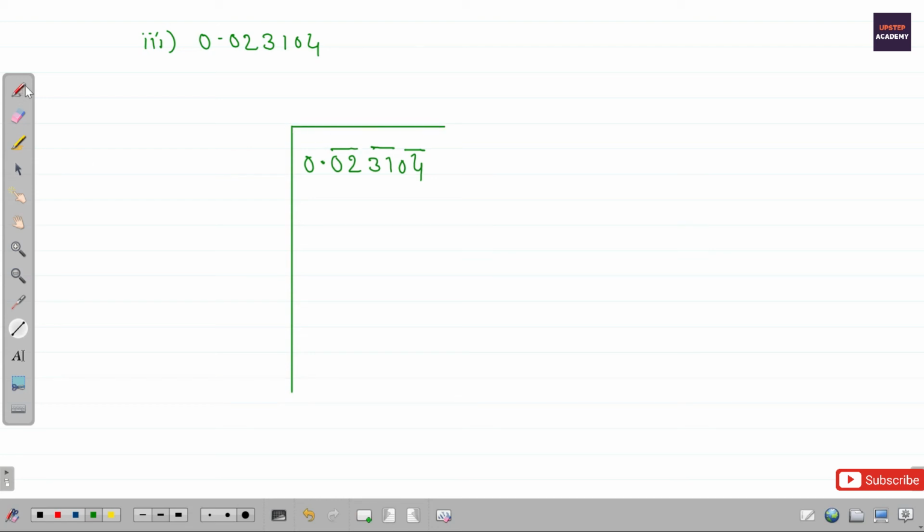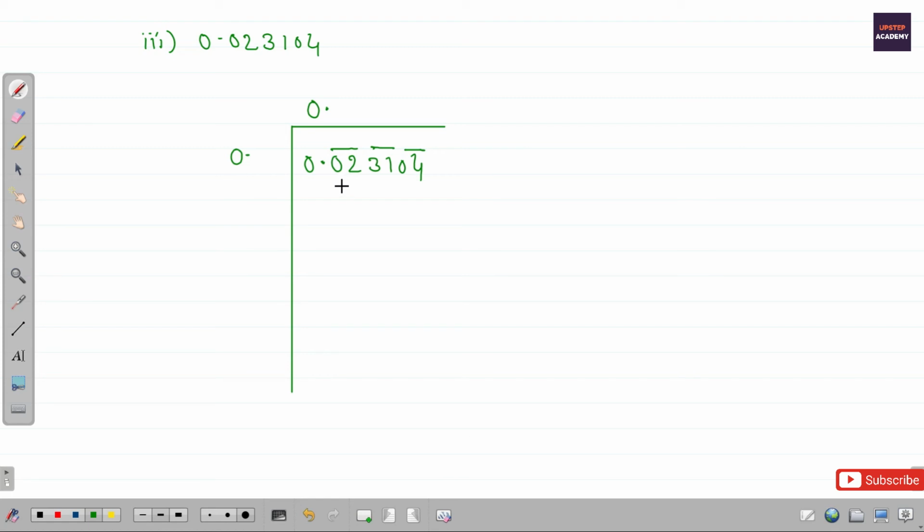We will start with this 0, as here is the 0, we will not consider that 0, so of course 0 will come here and the decimal point will come here too. So simply the square root of the given number will start with 0 point. Here also we will write 0 point. Let us start with our first group, which is 0 2.